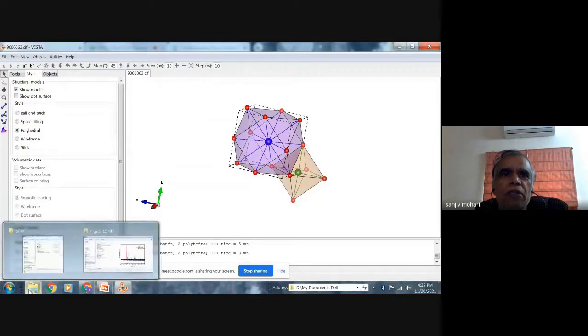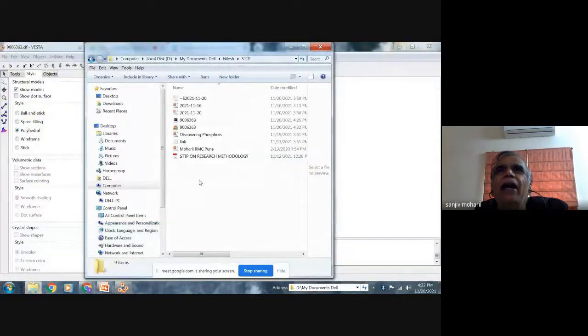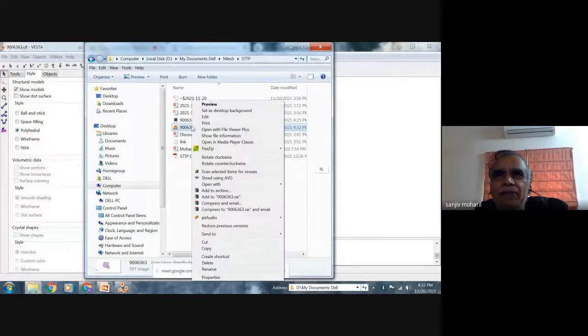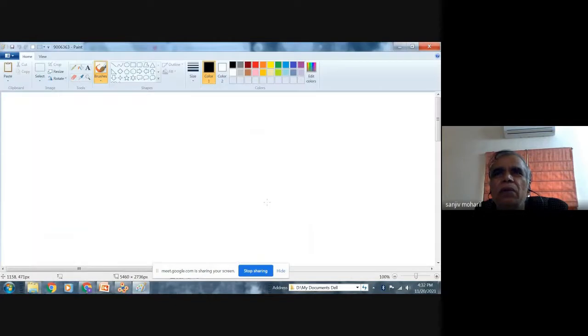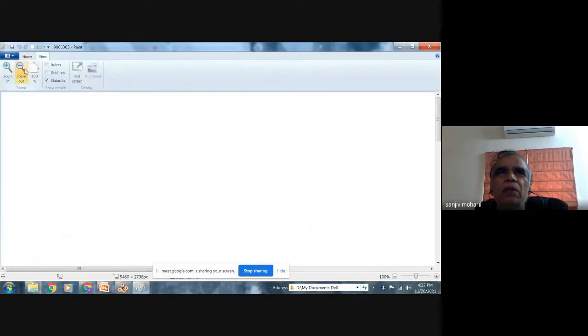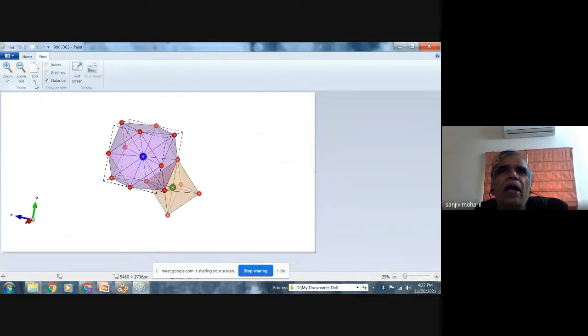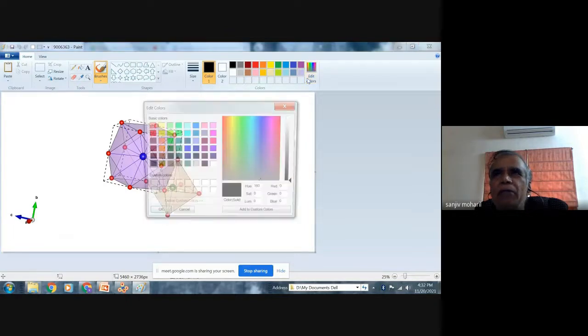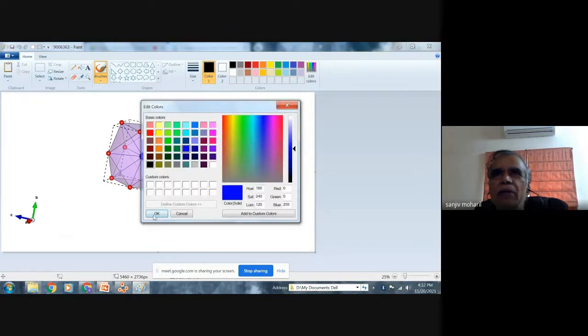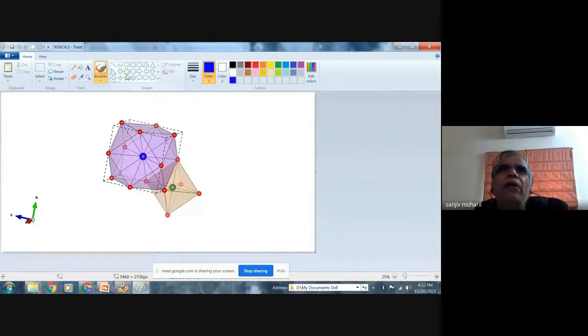Once I have got it, I can edit it further in Paint, and then I can label it. For example, I will label the various types of atoms. So I will draw these atoms here.